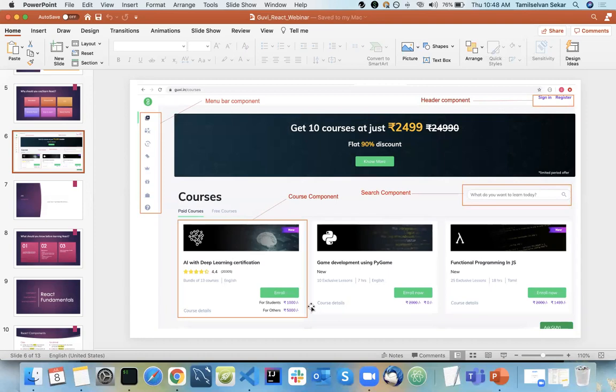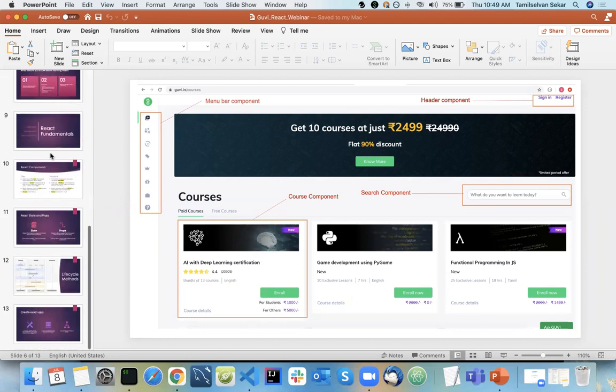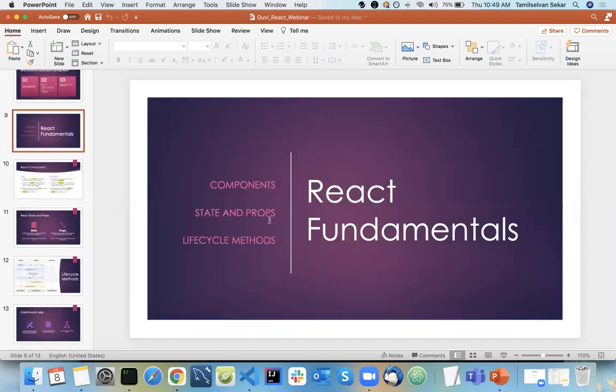Exactly. So that is something called properties. If you use a component, it expects some properties to be sent. For example, this is a course component, and the properties it needs are the title, language, the rating and everything. Only the data is going to change, but the logic is the same. That is called props. We say props, but the full form is properties. Same way,